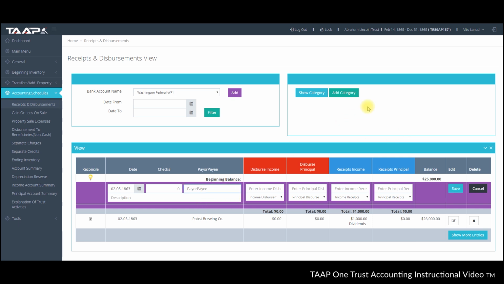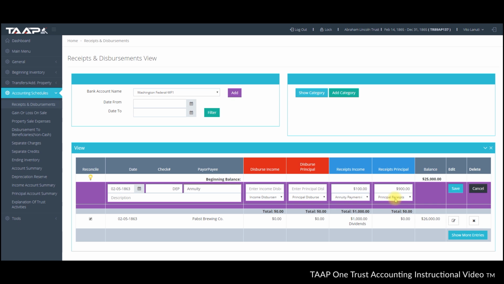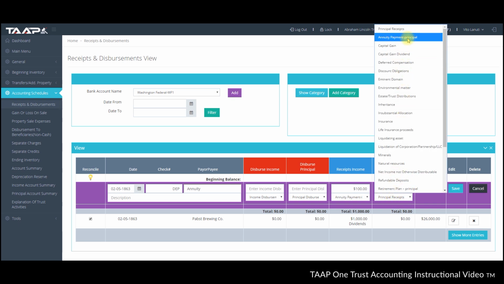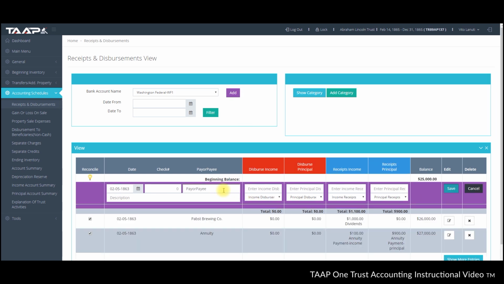Likewise, Abe receives an annuity. Okay, and we're going to make about $1,000, so that's going to be 10%, or $100, by default goes to income, and 90%, or $900, goes to principal. And we go to our categories and we see annuity payment income, we select that there. Annuity payment principal, we select that there and then save it. And finally,